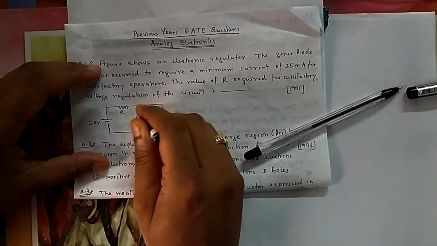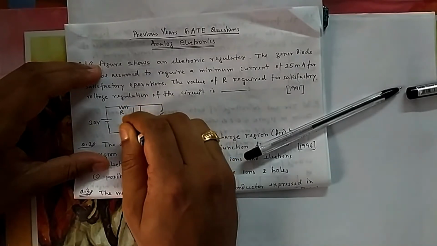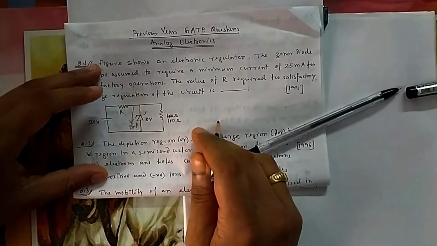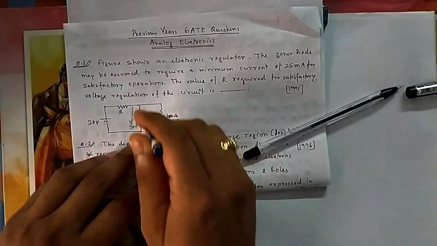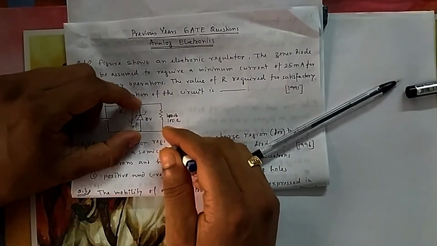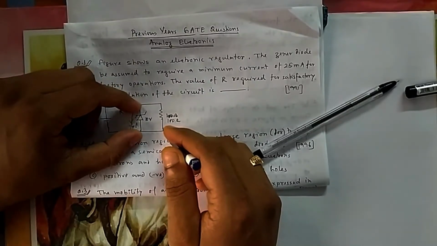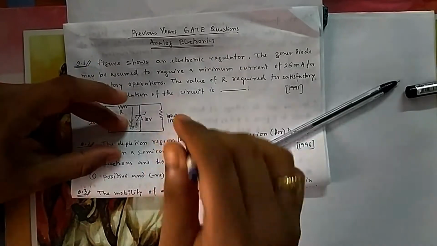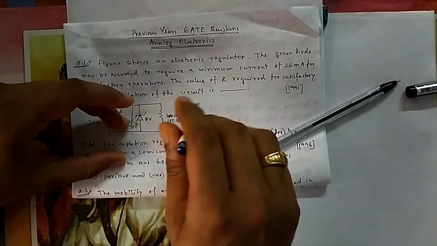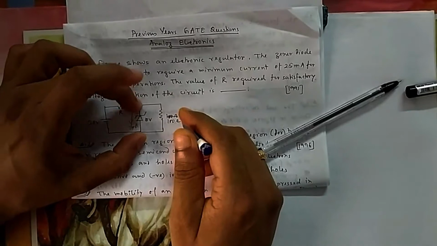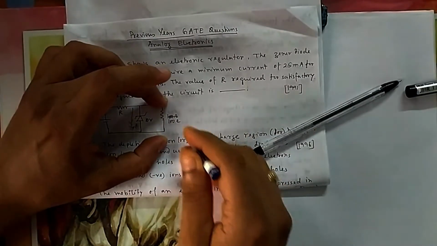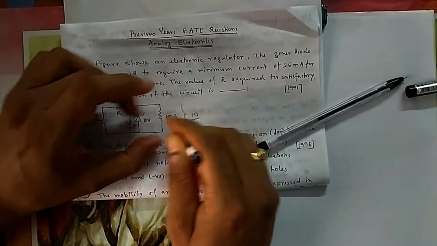So it is taking 25 milliampere, meaning in the reverse bias direction 25 milliampere is required so that it can operate. Now you have this reverse breakdown voltage of 10 volt. So it will maintain this 10 volt. It can take a minimum of 25 and above that whatever current is required as per circuit requirement, but the voltage across it should be 10. So if the voltage is 10 here, the voltage will also be 10 across the load, so you can calculate the current here.